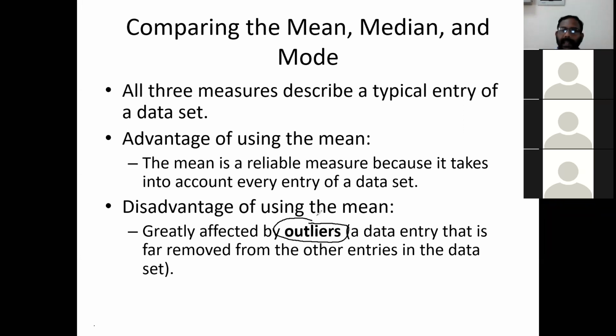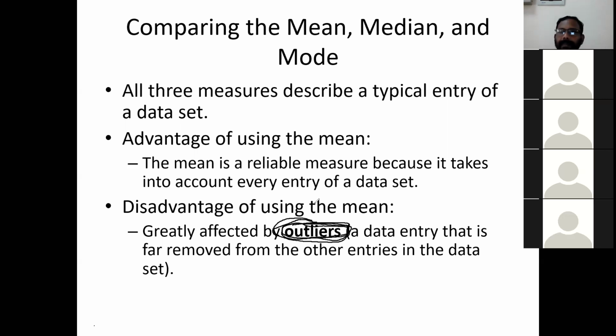Can somebody tell me what an outlier is? What is an outlier? Anyone? Some data contribute a little bit to the analysis, but while we consider mean, we also take that data. Some data contribute less or aren't needed for the analysis, but even in calculating mean, we also took that data. Yeah, that is fine, because in mean, for example, let's say I have marks of 5 people,